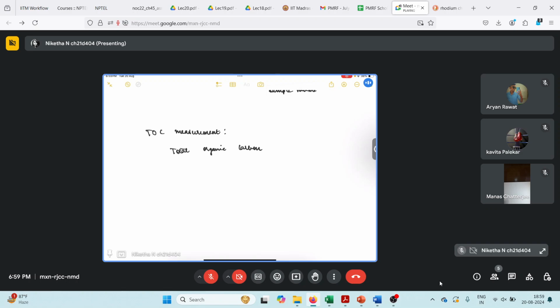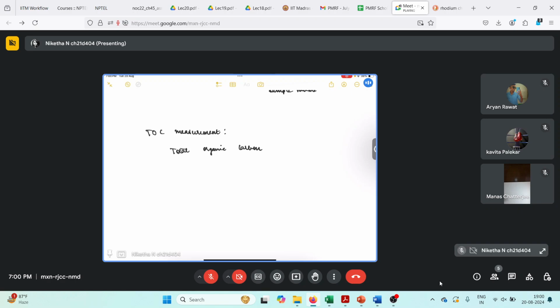Unlike COD or BOD, which tell us how much organic carbon is getting oxidized, using TOC we can directly determine how much organic carbon is present. So what we'll do in this method is